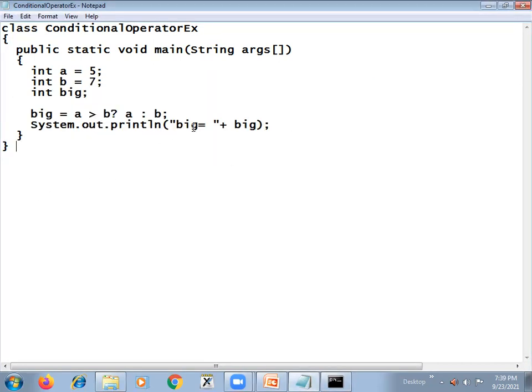Now the assignment for you is this: find the biggest of three numbers using the conditional operator. So this is the assignment question.